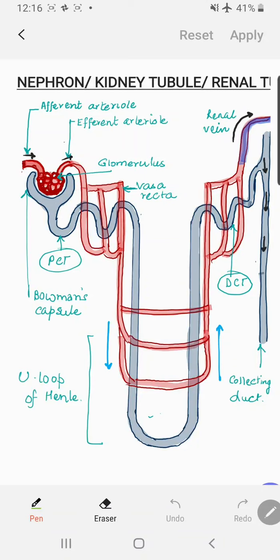So children, the diagram that you are seeing on screen is a diagram of a nephron, that single dot which you drew in the kidney in the renal cortex area. Millions of those dots appear actually. Each and every dot appears like this, right? This whole structure basically refers to one nephron. I know it's a tricky one, but again important.